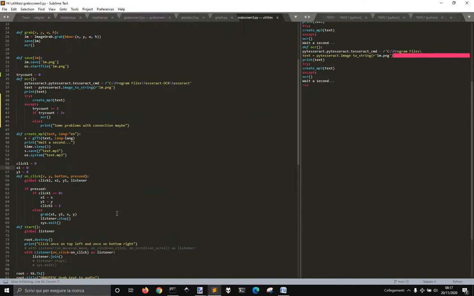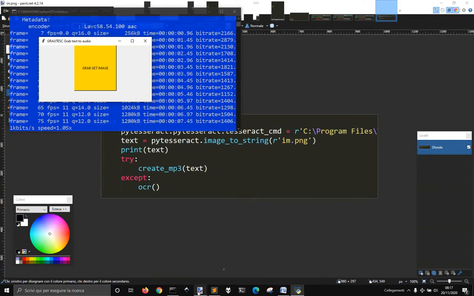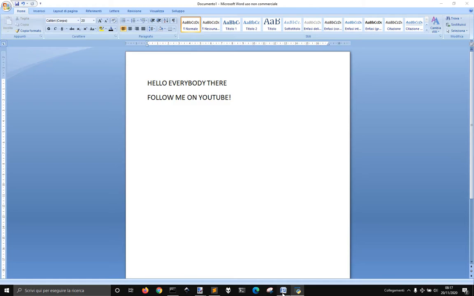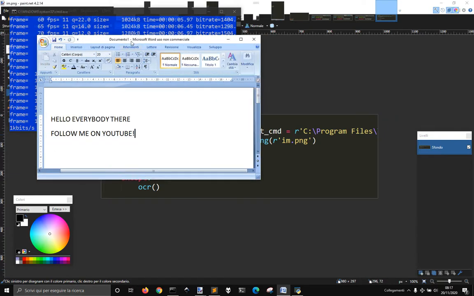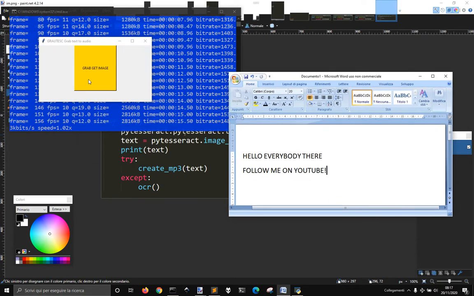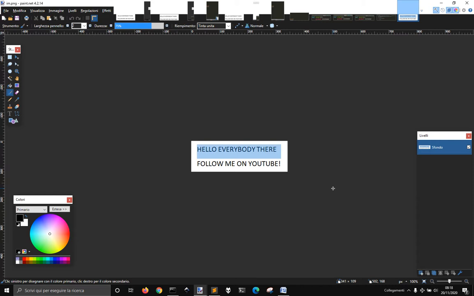Okay, let's take a look at this program here. In this one, I can grab an image, let's say some text. Here, for example, I got this. If I press this one and I press on the top left here and on the right here, button down,